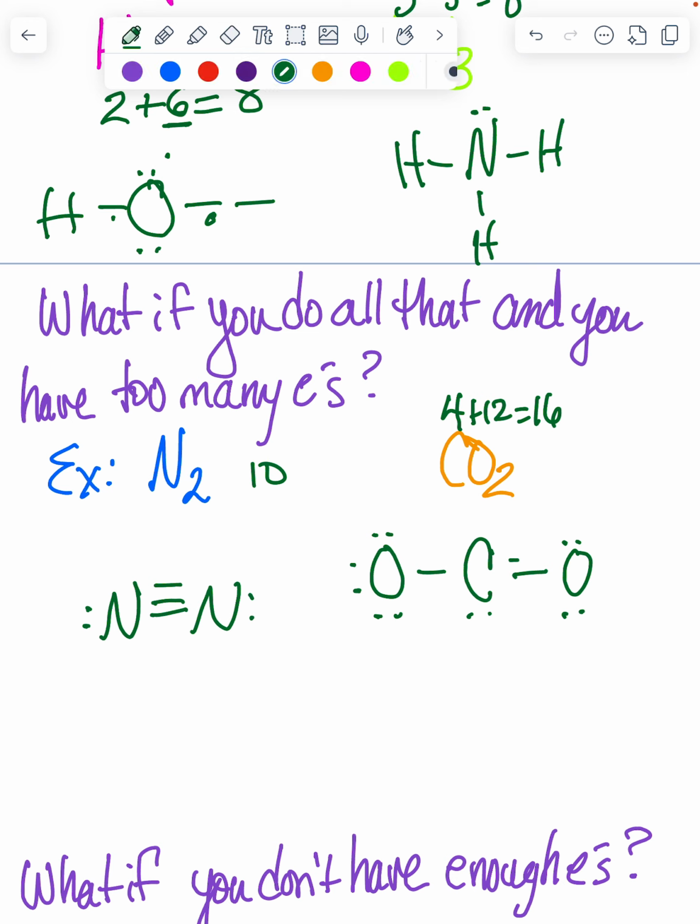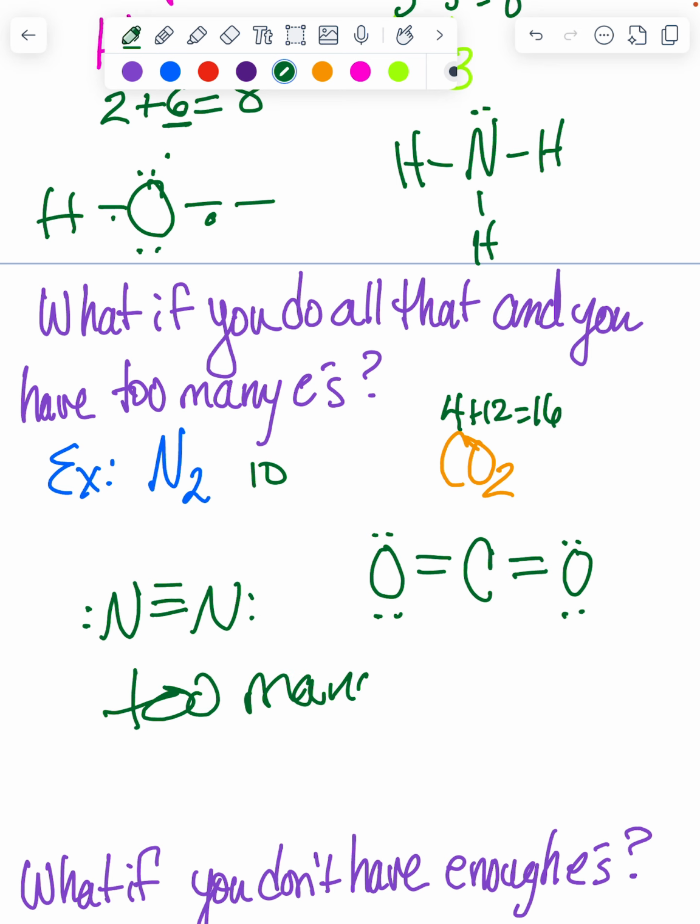Now you can go ahead and put a double bond there. Now we have 18. So do it again. Remove a pair from the oxygen. Remove a pair from the carbon. Remove a pair from the carbon. Don't you love when technology doesn't work? And you have 16. So if you have too many,